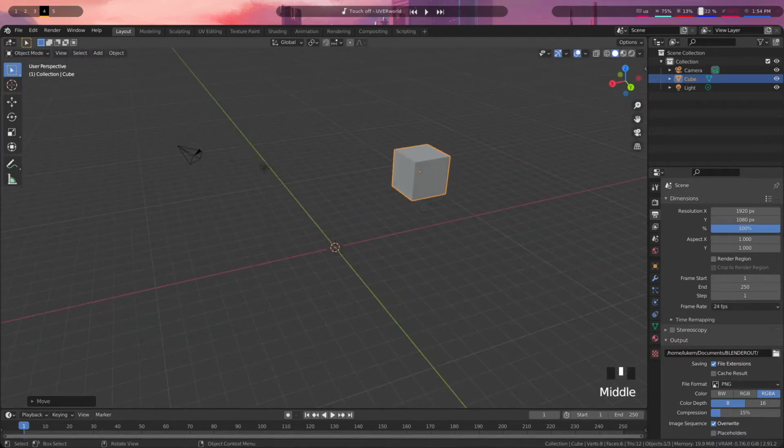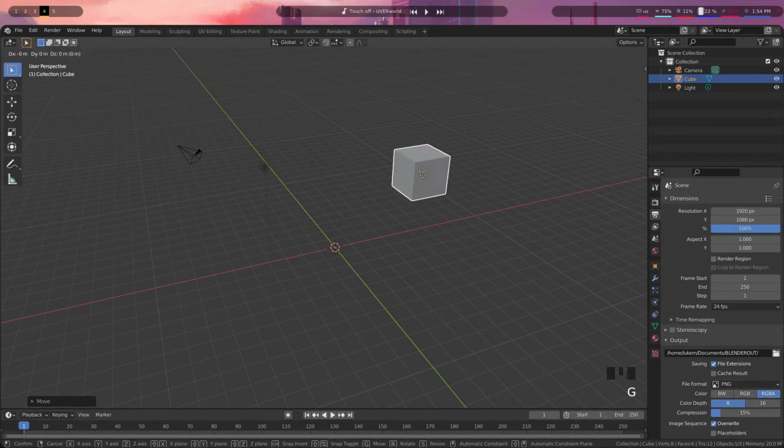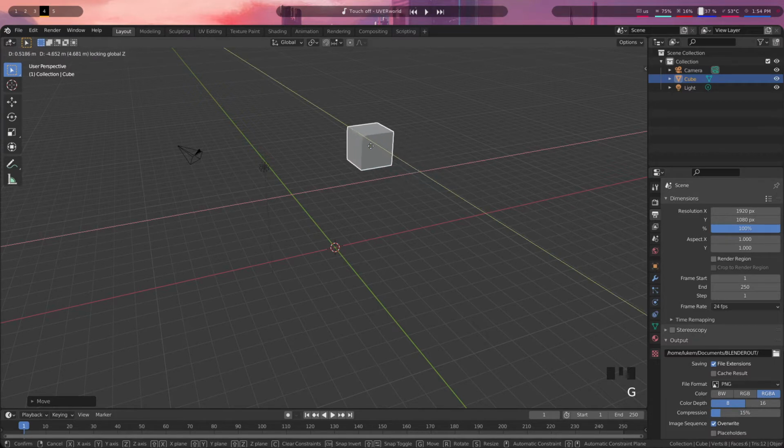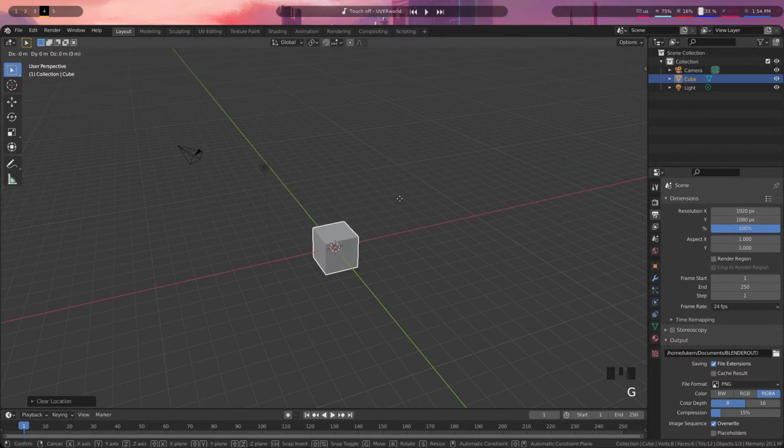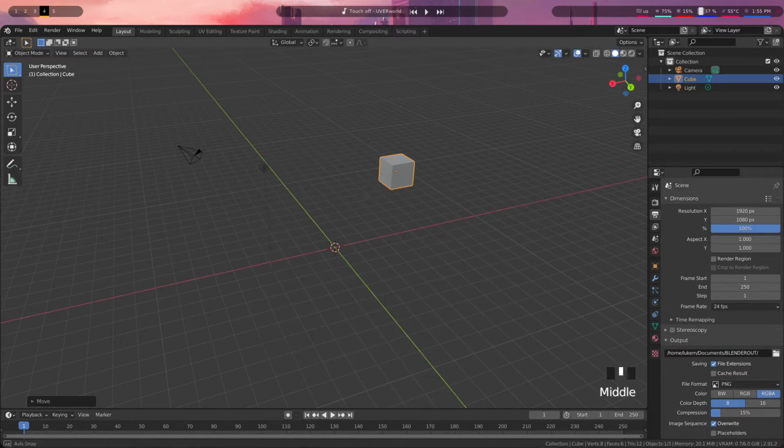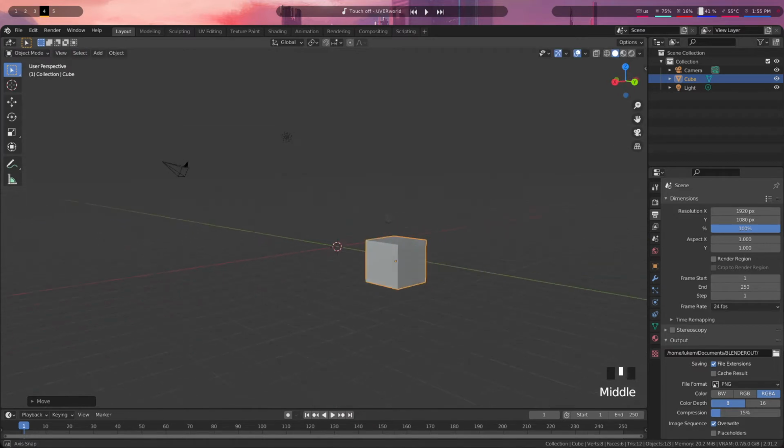So another fun thing that you want to know is if you press Shift in an axis, like G, and then Shift and Z, it moves on everything except for that axis, which is really useful for something like this if you want to move it parallel, like on that ground, like drag it around, so that way it stays